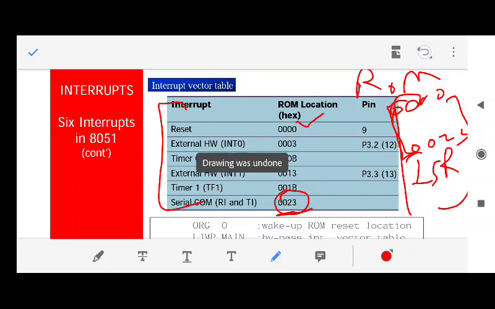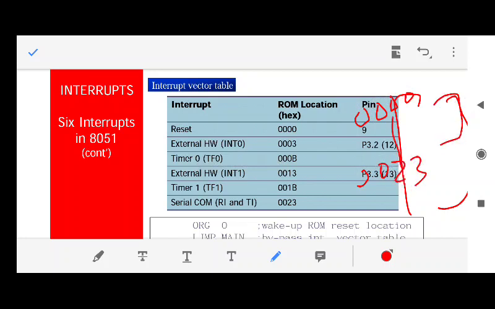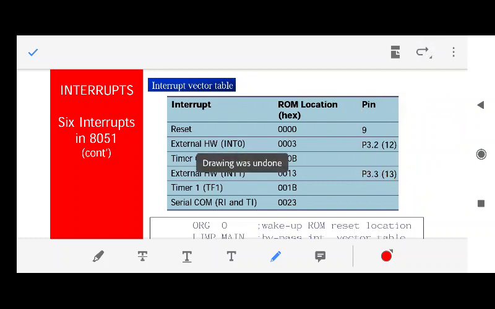Interrupt service routine programs. And what are those lines? Those lines are, please remember, for 8051 from 0000 to 0023. Here some programs are written which are known as interrupt service routines. Why are they written? They are written to handle the interrupts. So I think this is clear to everyone. Let us move forward.